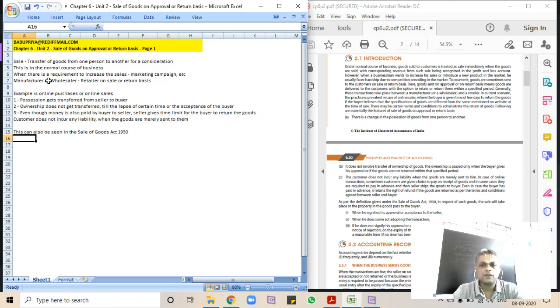There are three types of sale of goods on return or approval basis, right? Three types of transactions. First is a casual transaction. A casual transaction is a normal sale, right? When the buyer makes payment and the seller hands over the goods, etc. Obviously, there will be certain timelines for return of goods, etc. Right? Casual transactions. And the second set of transactions is